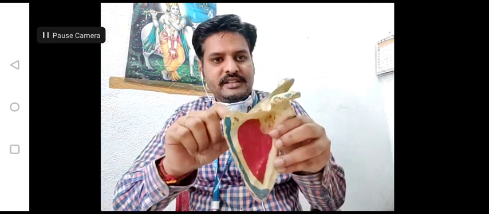The superior angle, and the borders here. So we have the upper border, this is the medial border, and here comes the lateral border. So we have the lateral angle and lateral border. So that's about the three borders and three angles of the scapula. Of course, the anterior concavity and the posterior convexity presenting the spinous process.